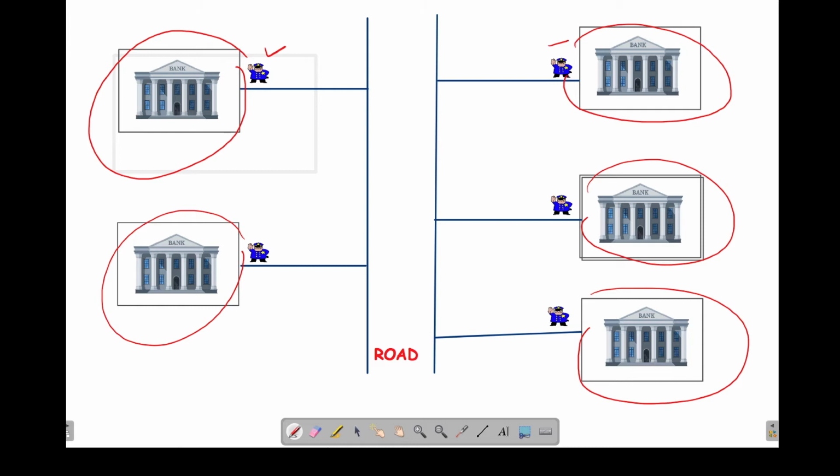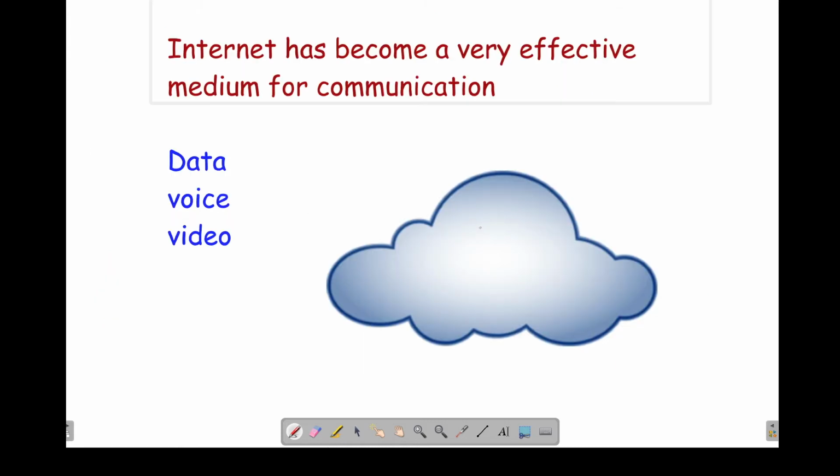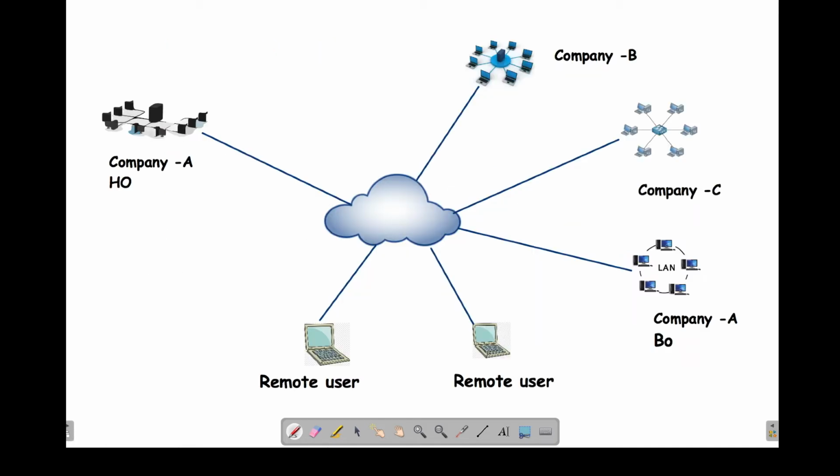So similarly, internet has become a very effective medium for all communications. We try to send data, voice and also video through internet. All the companies like company A, company B, company C or company D are getting connected through internet.